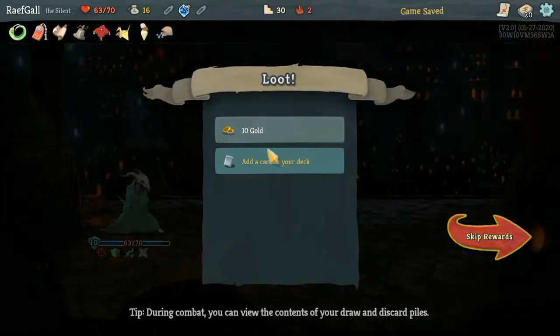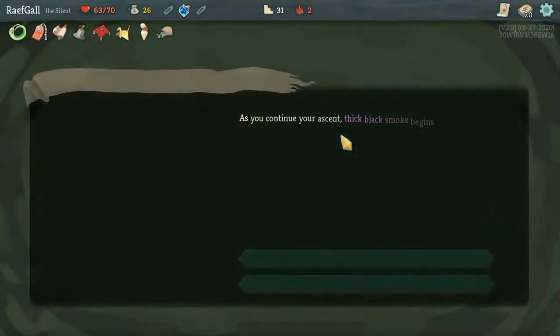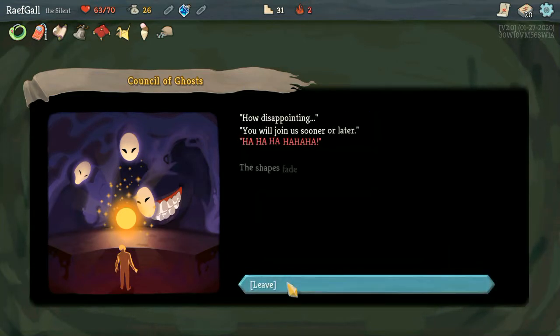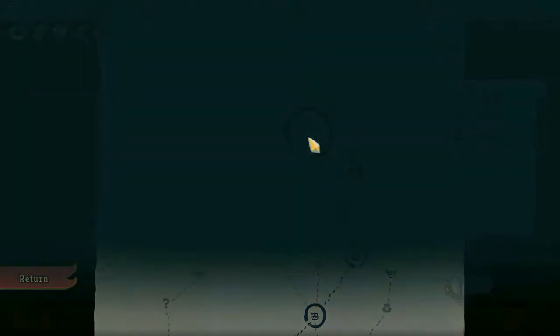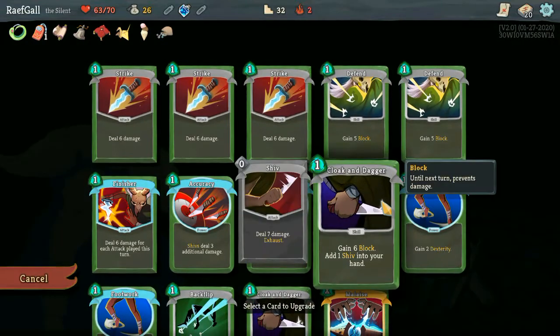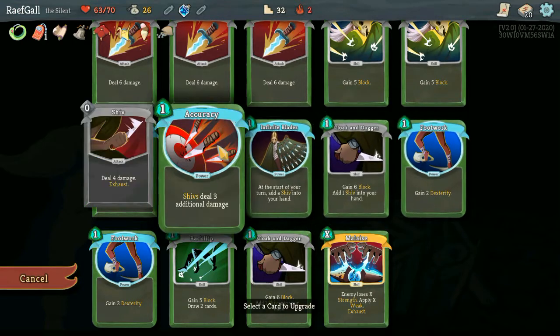There we go. Gain 1 intangible. Let's not do that. That's weird. It adds extra cards to our deck also, which I don't know. I think the plan is gonna be...